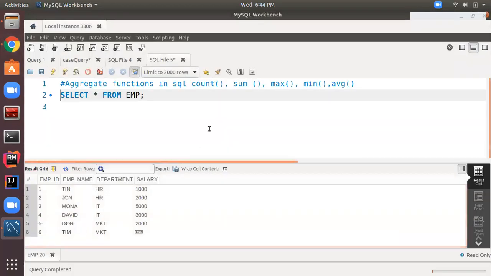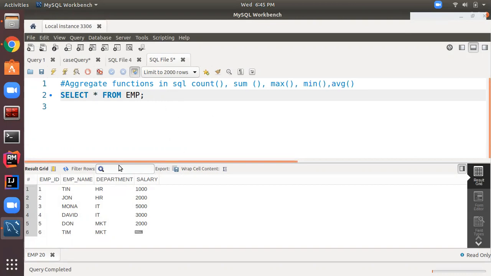I am going to teach you these functions on the MySQL DBMS, but the queries for these are the same in Oracle, MySQL, and SQL Server. So you can try these queries in any of the DBMS software. I will provide you the document related to it at the end of the lecture in my GitHub repository, for which the link is provided in the description of the video. So let's start without any delay.